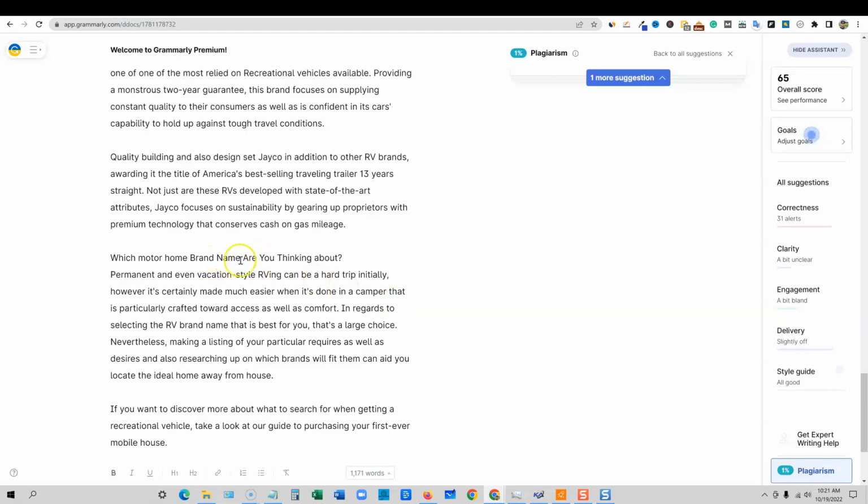Now you can pause the video and read. Which motorhome brand name are you thinking about? Permanent and even vacation style RVing can be a hard trip initially. However, it's certainly made much easier when it's done in a camper that is particularly crafted toward access as well as comfort. In regards to selecting the RV brand name that is best for you, that's a large choice. Nevertheless, making a listing of your particular